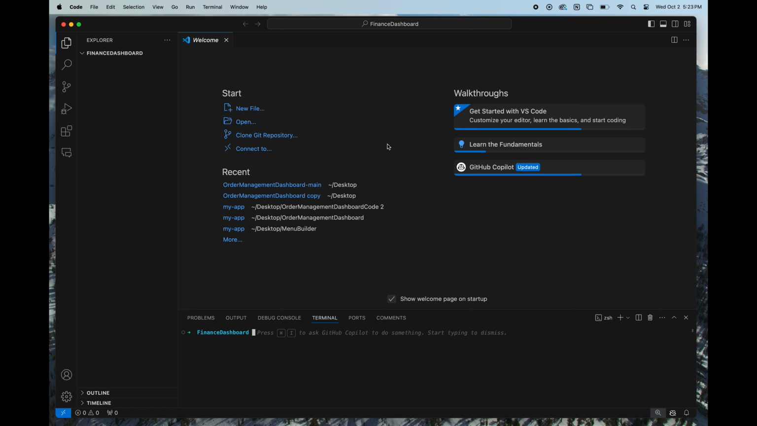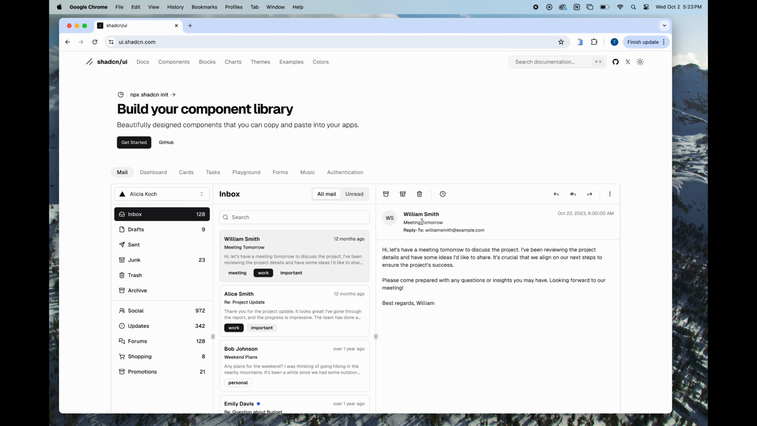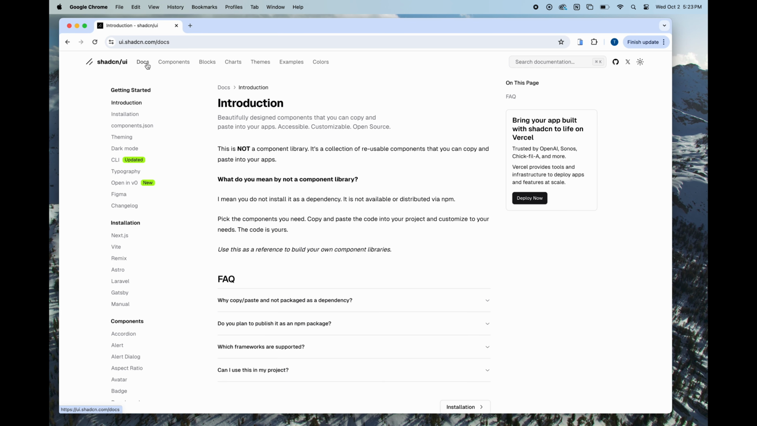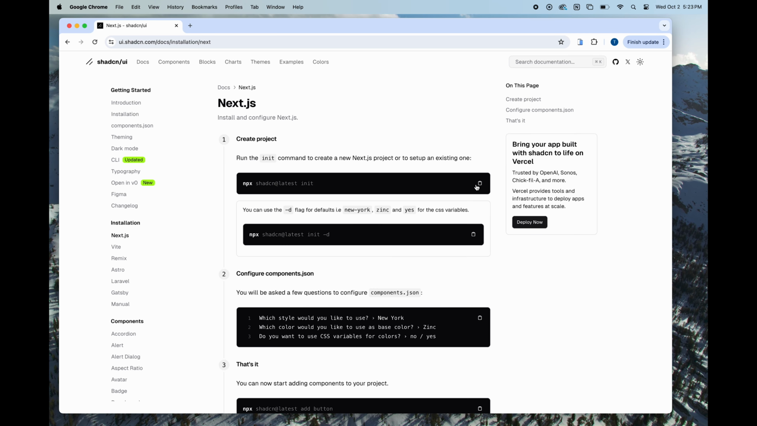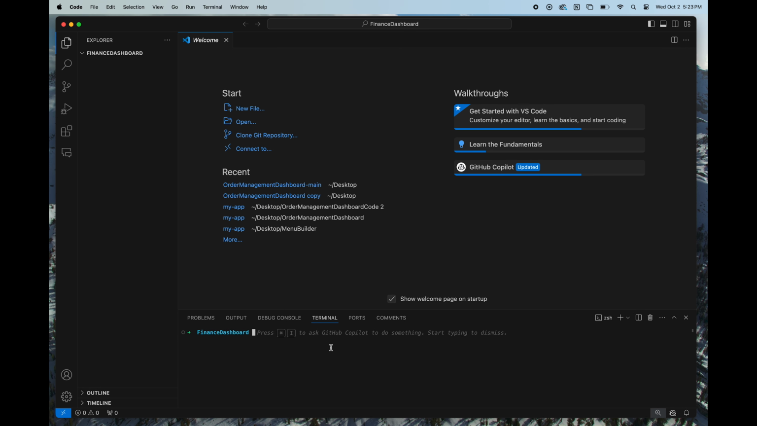I'm starting with a blank folder open in VS Code. Let's go to the Shadcn UI documentation to create the project. Now let's go to Docs, and we're going to follow their installation guide. So we're going to go to Next.js, and this will create our Next.js project with Shadcn UI. So let's paste that in, and we're going to say yes, my app,